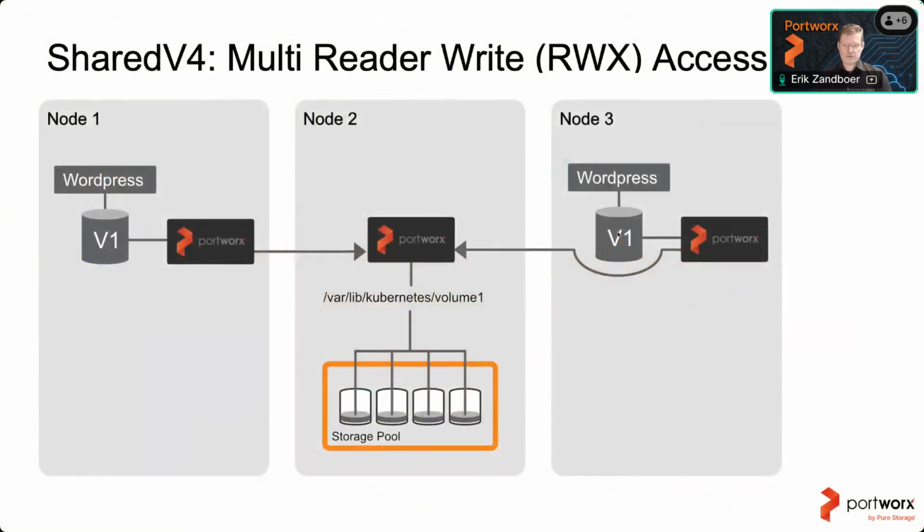So this is the trick I was talking about. Before we had raw block, we would use this trick. It's called shared v4. Whenever you need a PV, it spawns a tiny NFS server next to the PV. And then all of the other nodes can use NFS to actually access the block volume underneath. So this is how we used to draw multi-writer storage from an underlying block device.